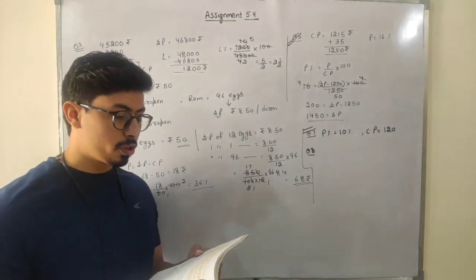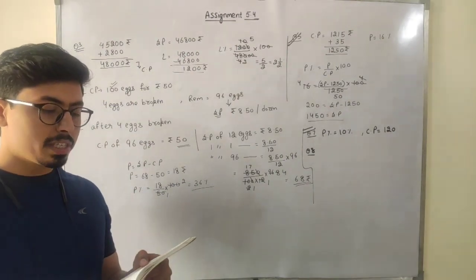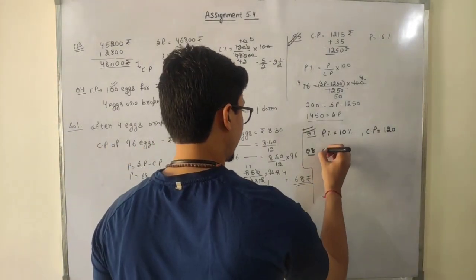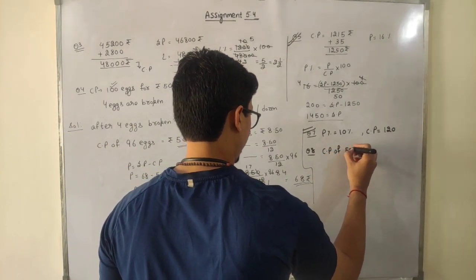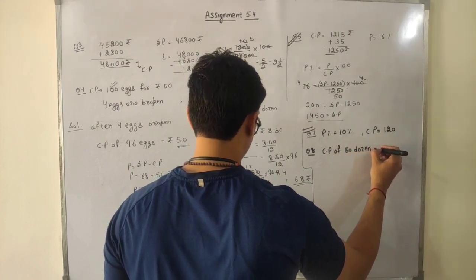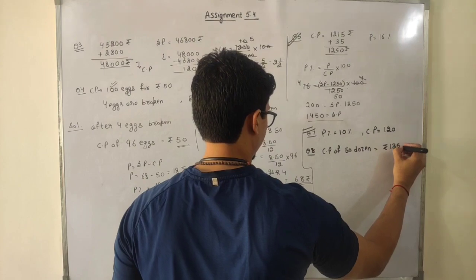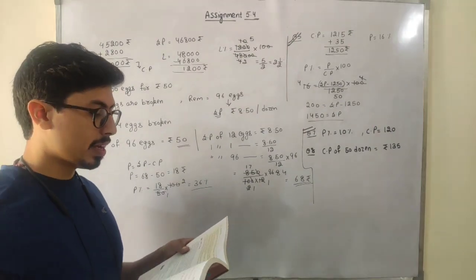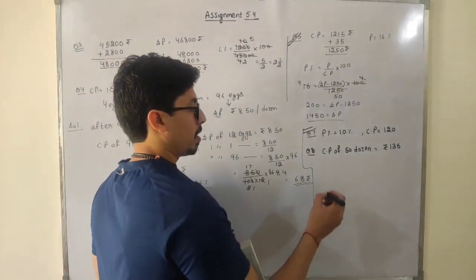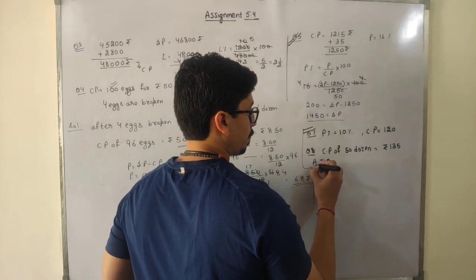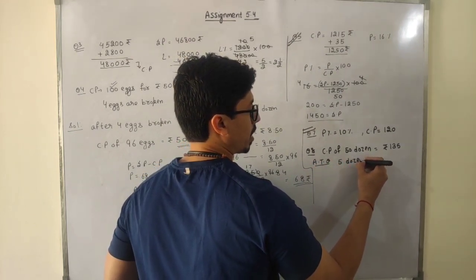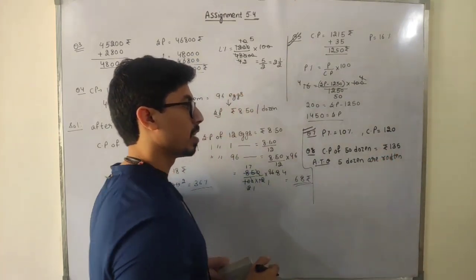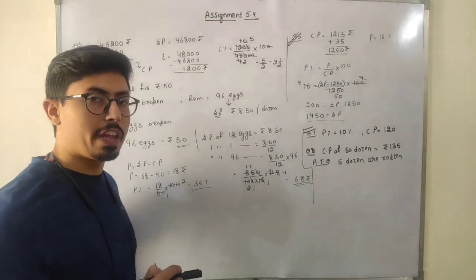Okay. Now see, students, question number 8. Harish purchased 50 dozen bananas for rupees 135. Okay. So the cost price of 50 dozen banana is rupees 135. Okay. Now 5 dozens banana could not be sold. Okay. Because they are rotten. According to the question, 5 dozen are rotten. Okay, students. Now this means he has only 45 dozen now.